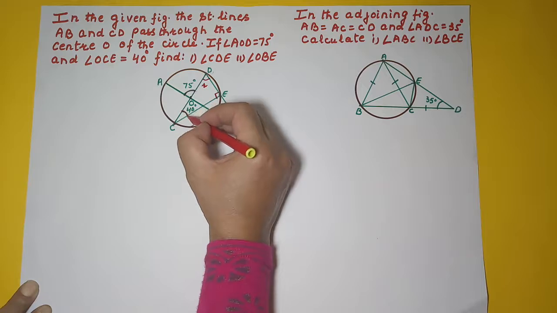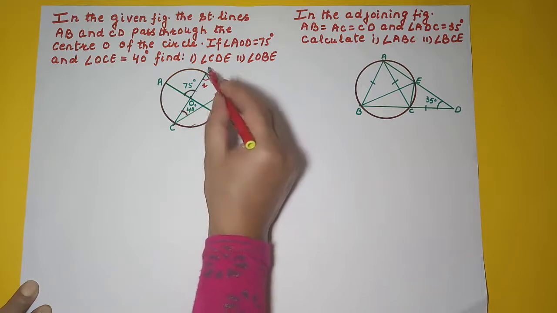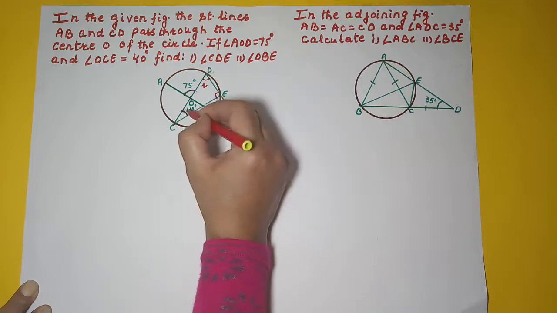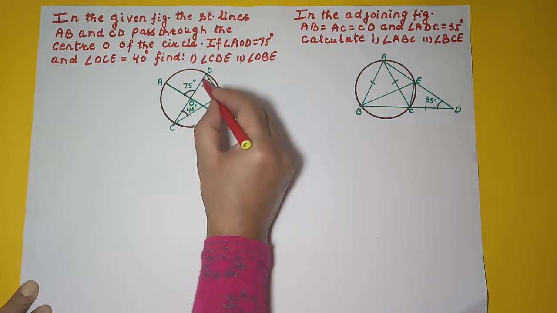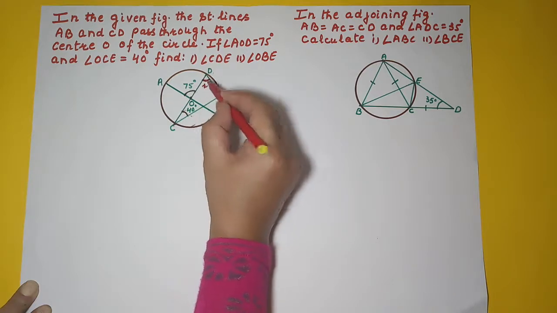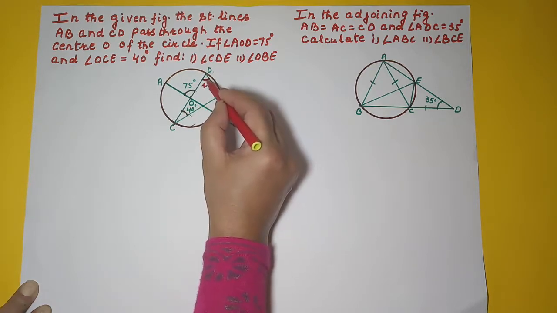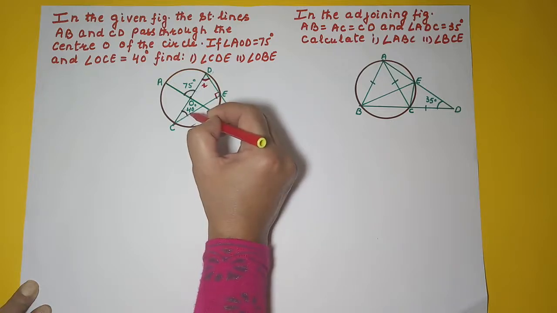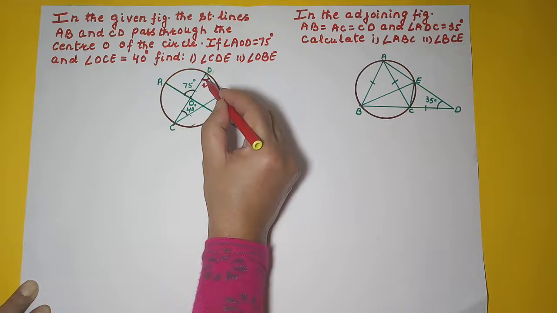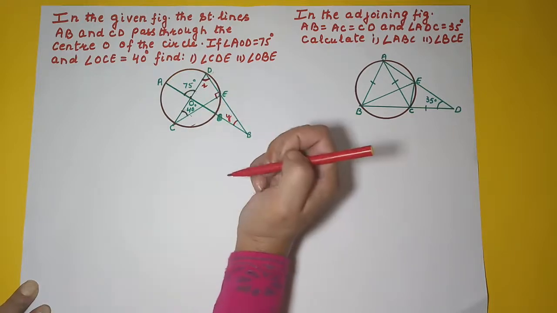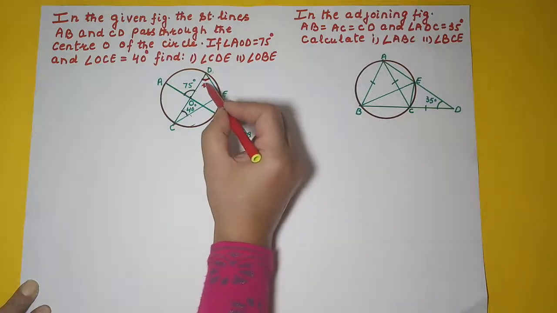We have already this angle in this triangle CDE. We have this angle as 40. So by triangle sum property, we can calculate this angle. How? 90 plus 40 is 130. 180 minus 130, so this becomes 50, or 40 plus 50 is 90, 90 plus 90 is 180. So we got this angle.